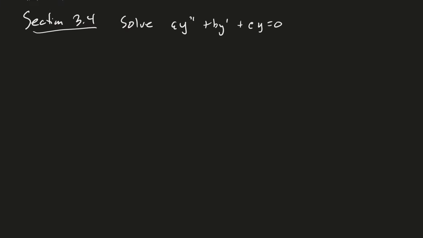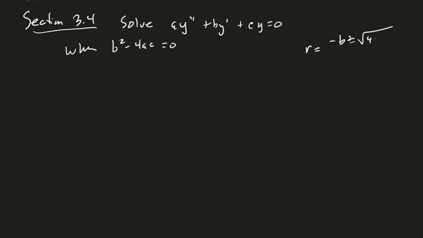Okay, today we're talking about section 3.4, and in section 3.4 we're going to be giving the last piece of the puzzle in solving ay'' + by' + cy = 0, and in this case when b squared minus 4ac is equal to 0. So remember that the solutions to the characteristic equation